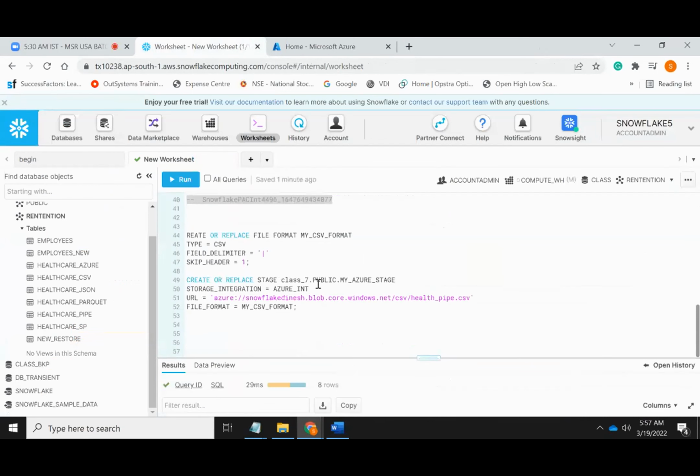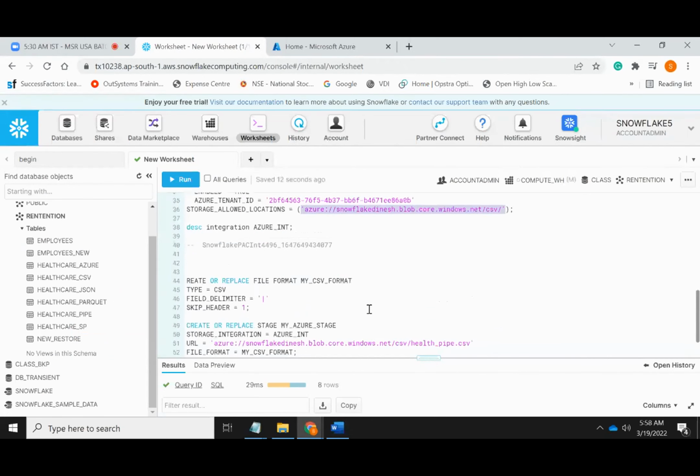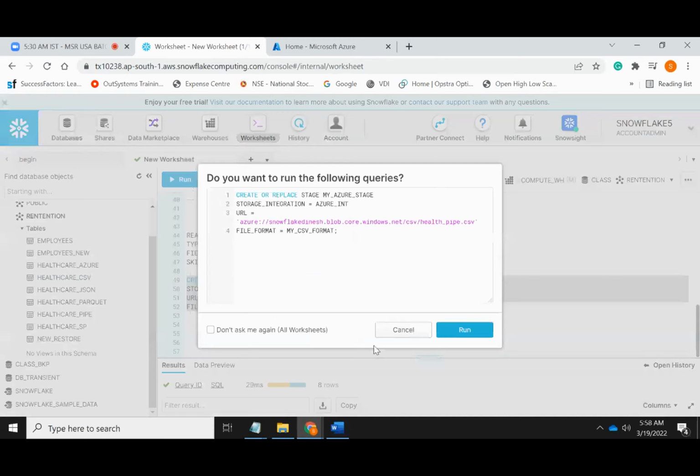Observe this, when you are creating a stage, we will create a stage here. Azure stage we are creating, and then we are giving an integration name. This is the URL, the path which we have given here. See, this is the path, the same path. For this particular location, we are telling that it has to pick this particular file, right? CSV, so the health pipe CSV file, we placed it here, and then the file format is this one, and we are creating a stage,